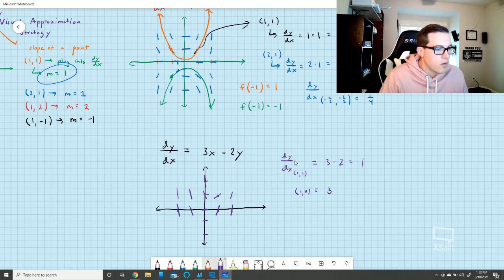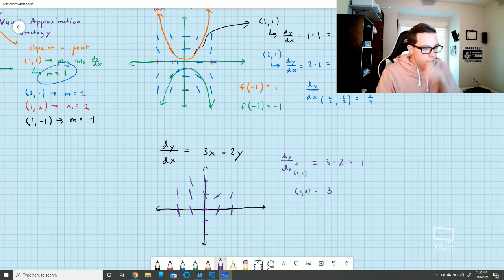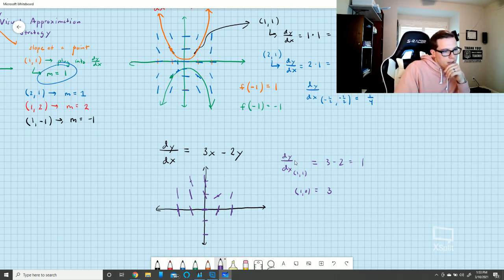So basically then I can start to try to sketch my solution curve. And this one's a little bit wonkier. I may do one more. Let's do the coordinate up here. -1 would be -3 and 2, so -7, so very steep. All right, so how is this working? It looks like if I had you sketch the solution curve through, let's say this point right here, through the coordinate 0, 1. Well, start here. It looks like it gets steeper and steeper this direction. And then we have a